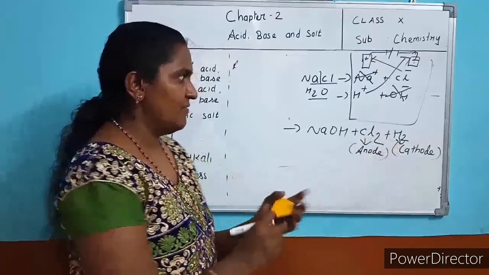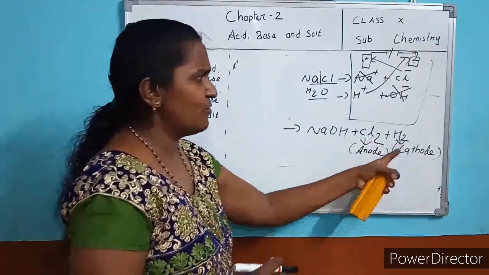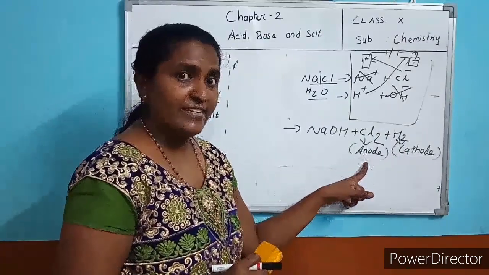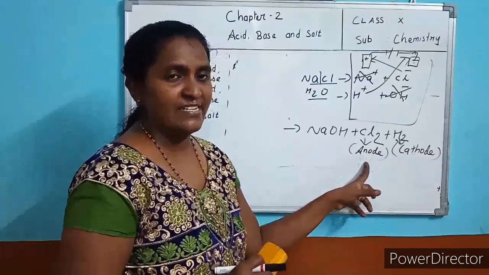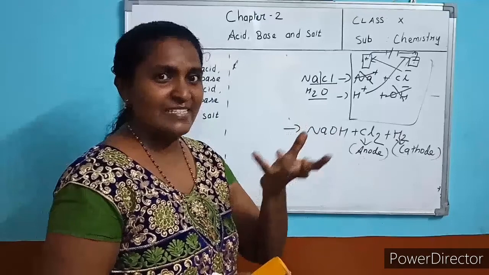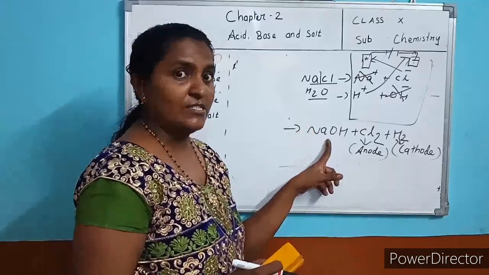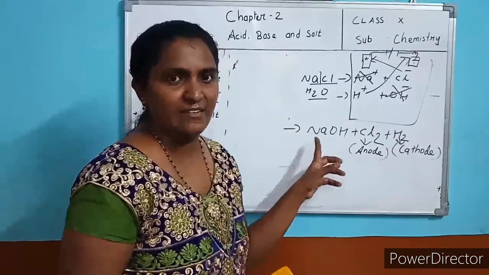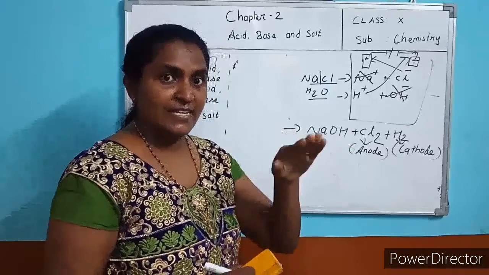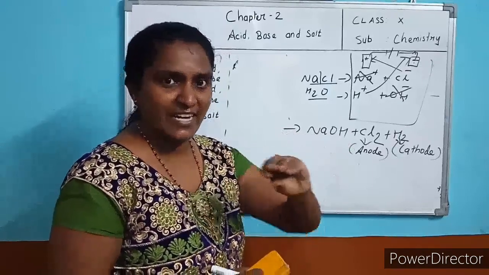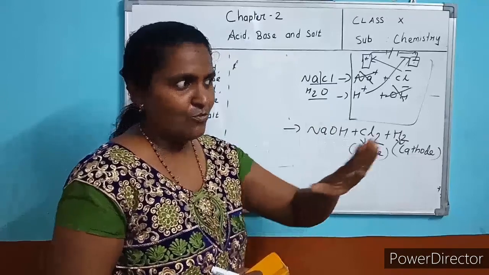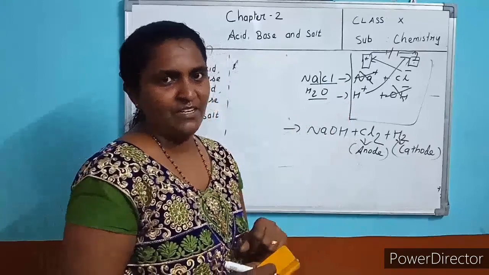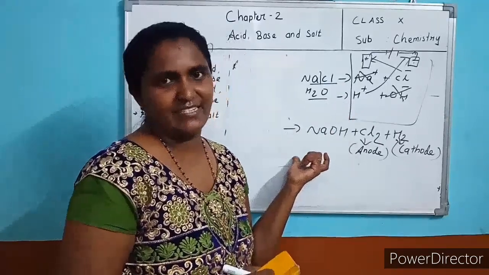And what is the use of hydrogen? Hydrogen is used for preparation of ammonia and as a fuel. And what is the use of chlorine? It is used as a disinfectant, as a bleaching agent, for cleaning drinking water, as a cleansing agent. And NaOH is used for preparation of soap. Then what else? Degreasing. What is degreasing? Grease is a lubricant. It does not mix with water. So to remove the grease, the NaOH solution is applied, so it can be removed. So it is called a degreasing agent.